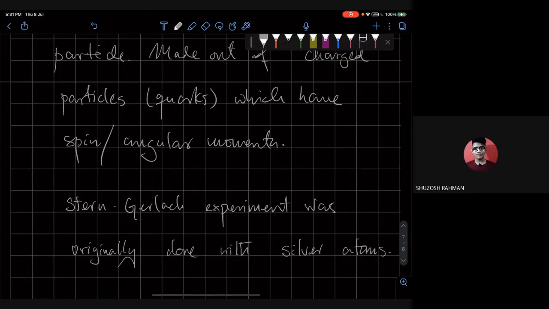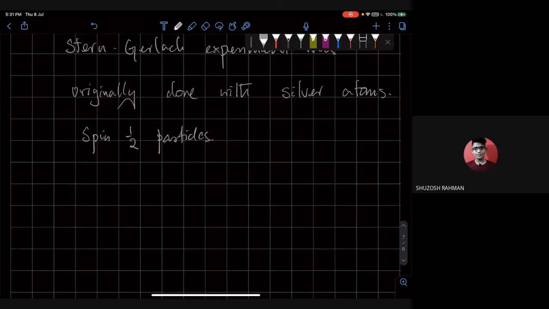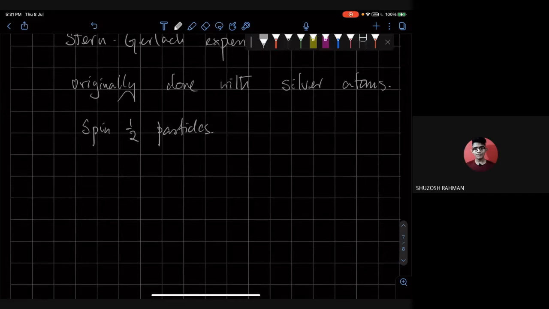And silver atoms do behave as spin-half particles. Okay, so what is the experiment? What Stern and Gerlach did is that they sent a beam of spin-half particles